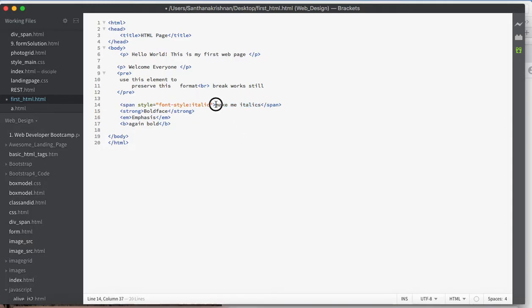I am going to make these three words italic using the span element. How is it achieved? It uses one attribute called style. Style is equal to, the attribute value is within double quotes. What I am saying is font-style colon italic. So while rendering this line, make me italics will be converted into italic.